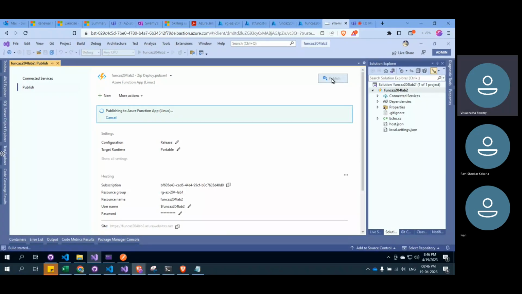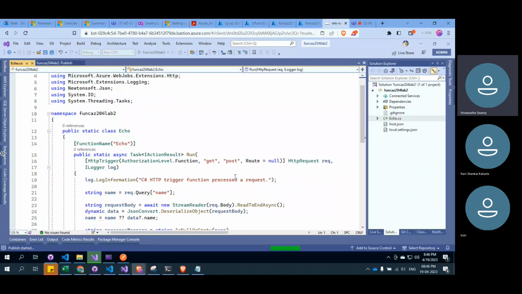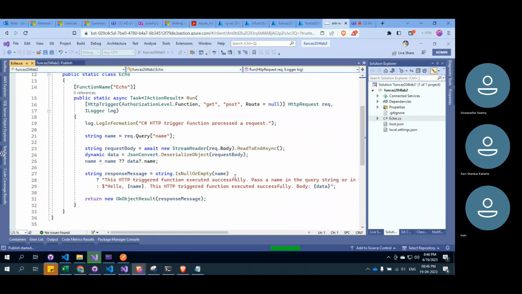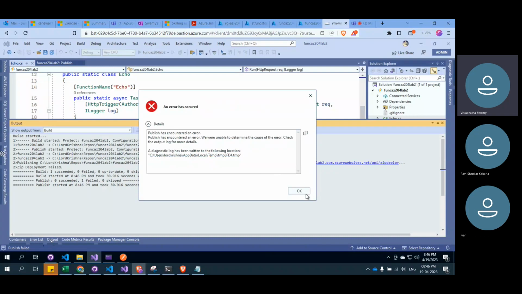until it publishes. So also coming back to this echo, you can see that this echo can be processed in two different ways, using get, also using post. So let's see one by one how we can test this once it is deployed. So it's doing a zip deploy. You see that it started the build and it created the build, and